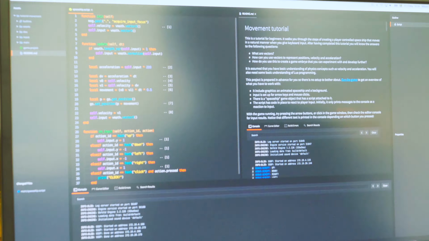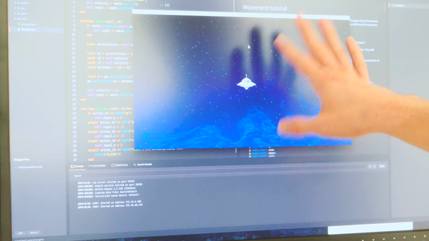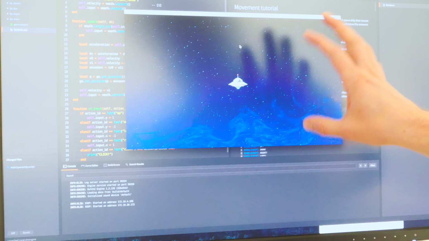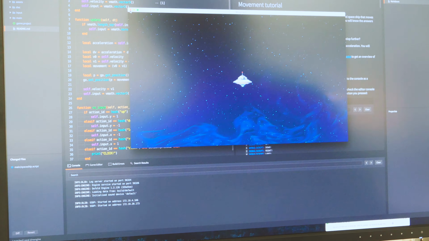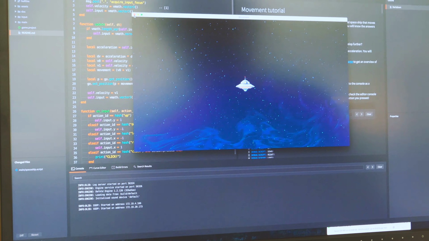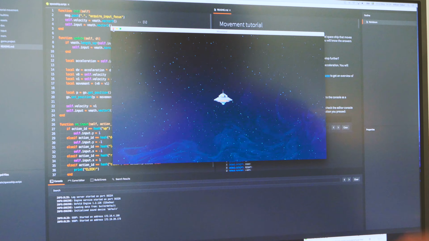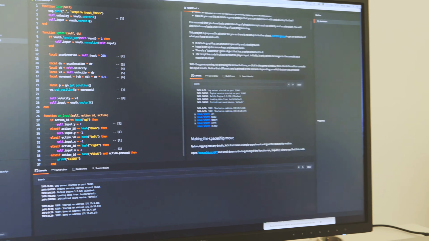So there's a new one that focuses on movement, and it begins with just a simple, you have a spaceship and input setup, but the purpose of the tutorial is to walk the user through making this move with acceleration and velocity and all that, and towards that you have to learn a